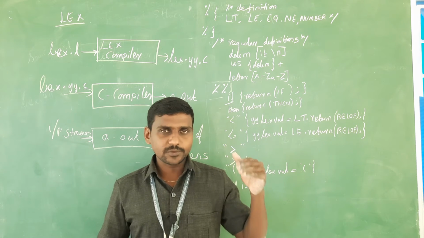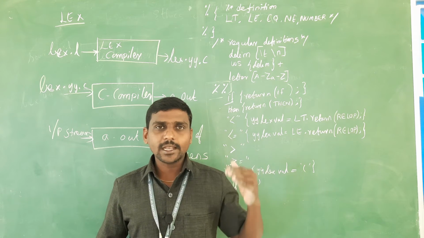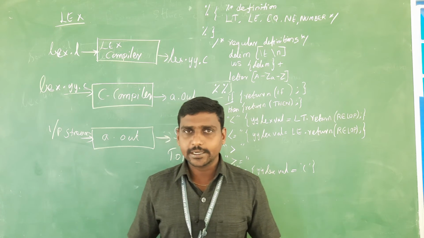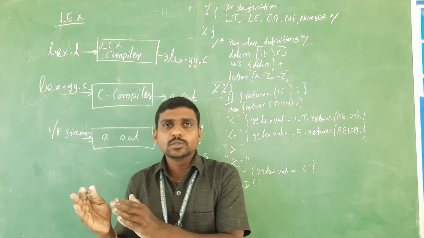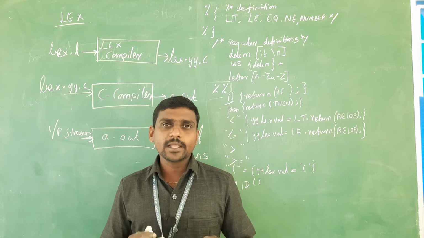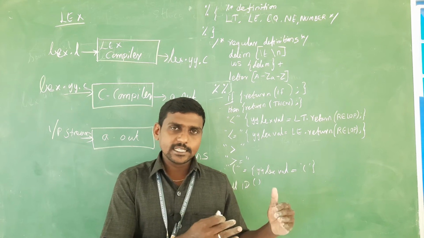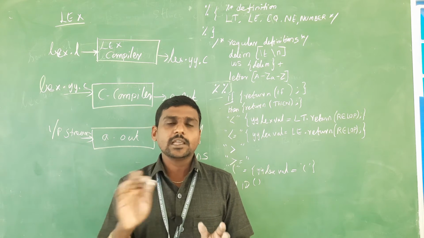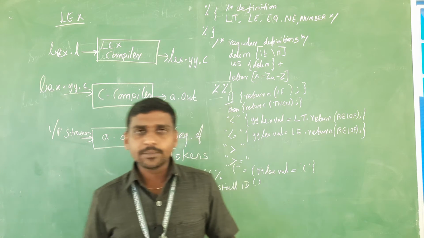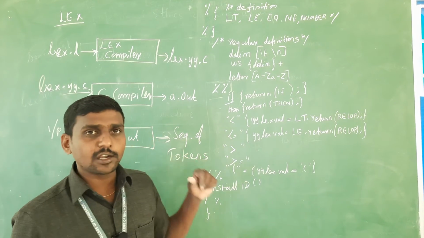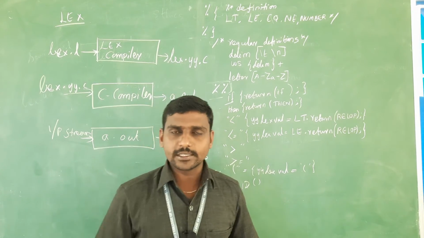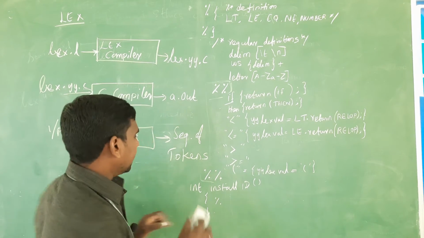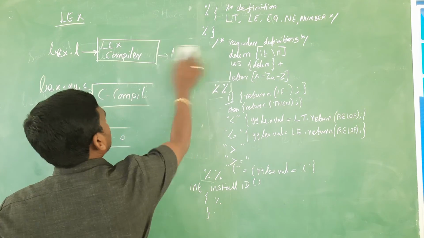Okay, if the Lex program is correct and compiled clearly, then the lex.yy.c file will be generated automatically, and that file you have to give to the C compiler. The C compiler is used to convert that C program, and it executes the C program. It takes the input stream, and if you see a.out, you will get a sequence of tokens. This is the procedure to run or execute a Lex program. Okay, so next one is